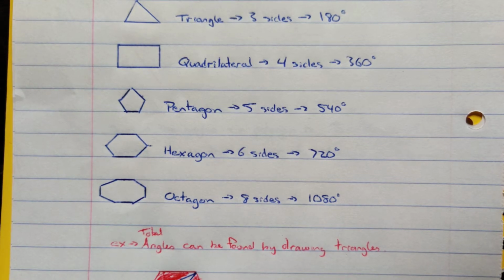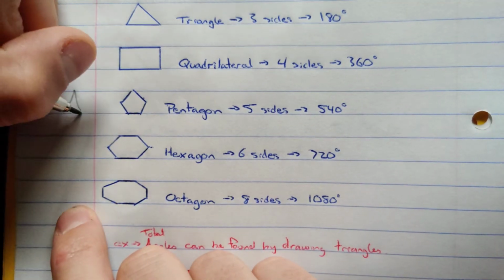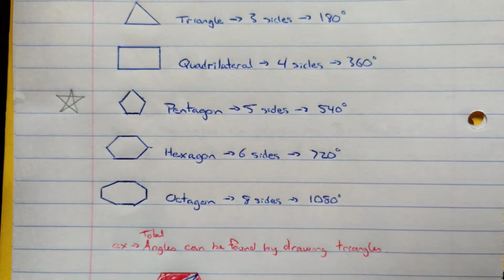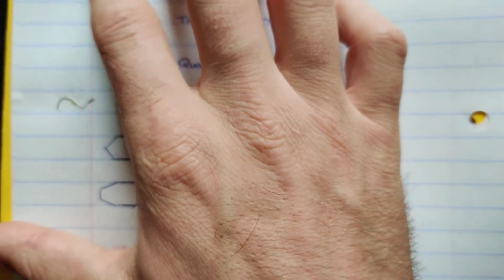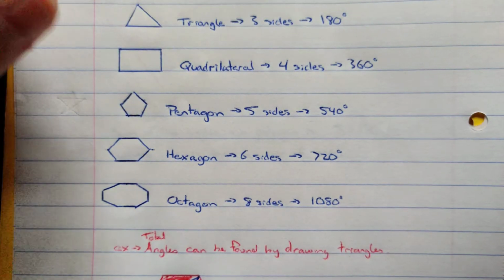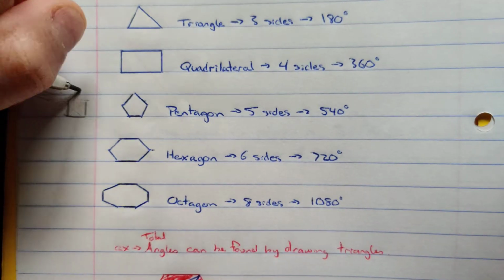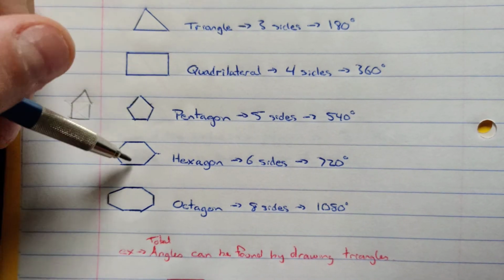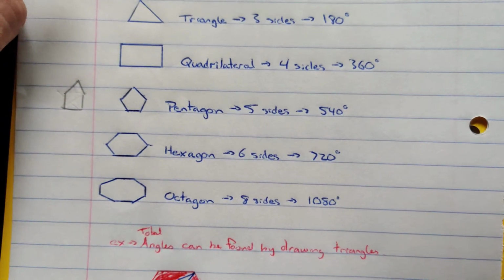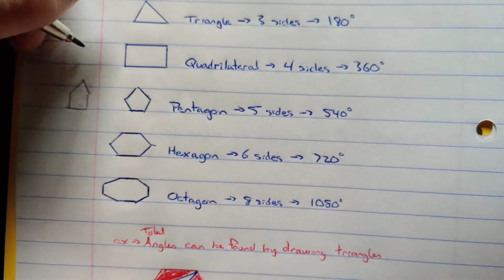We'll see pentagons often. They fit with the whole concept of a star and things like that. People use them as pentagrams and things, so they're kind of common shapes that we'll see. And they also kind of fit the house shape as well. These ones, I was trying to go for more of a regular type shape, but they can be this shape,